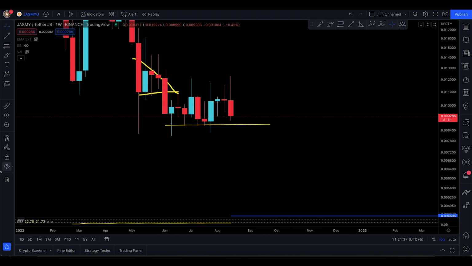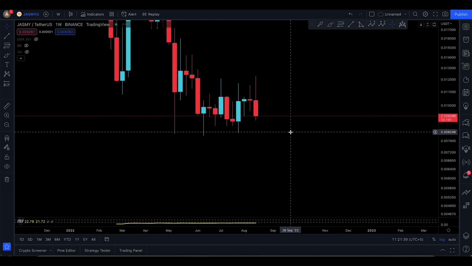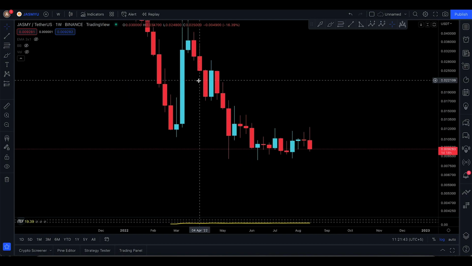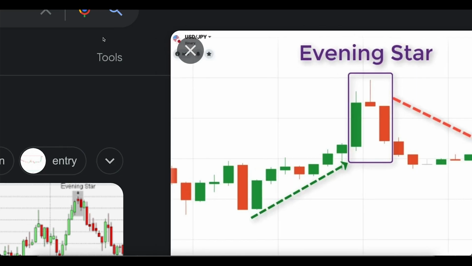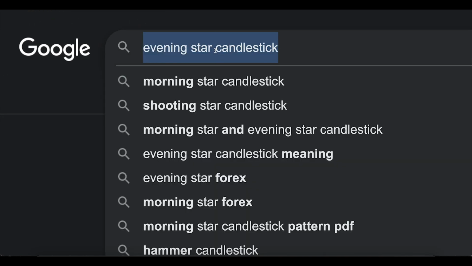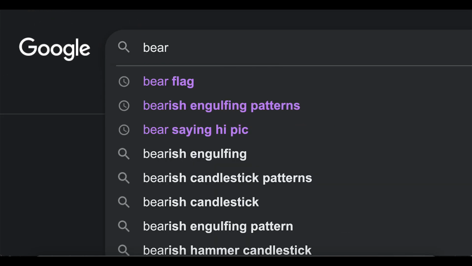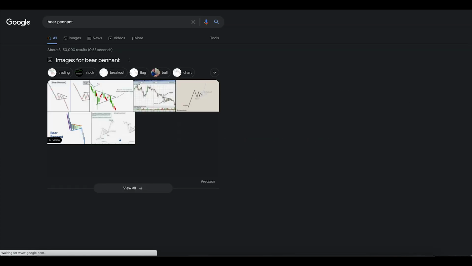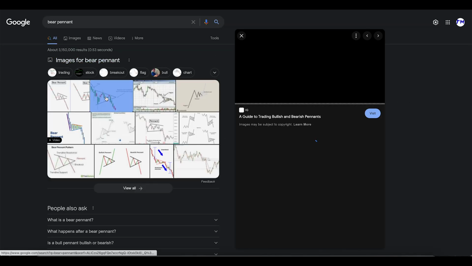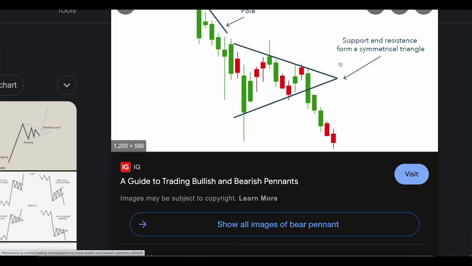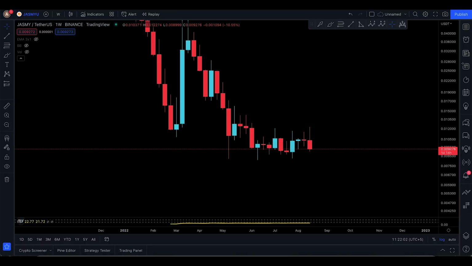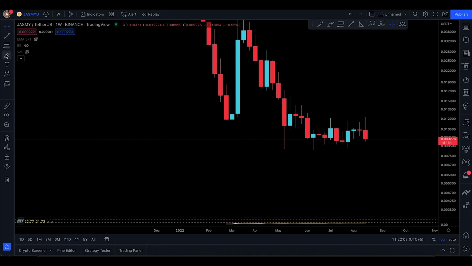And we've actually been talking about JASMY, right? So once again, the recap is that you do have JASMY making a pennant. So what you saw previously was a pennant. So let's go to Google and let's talk about their pennant. And yep, so here we are with the bear pennant. So this is exactly what JASMY has, okay? If you actually notice JASMY, that's exactly what it really did here on the weekly time frame.